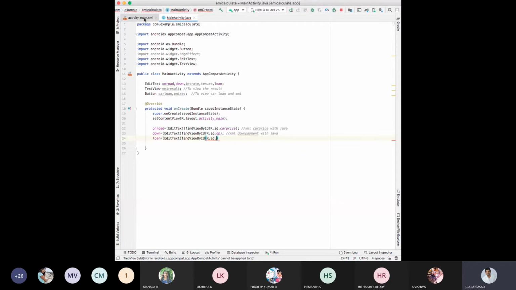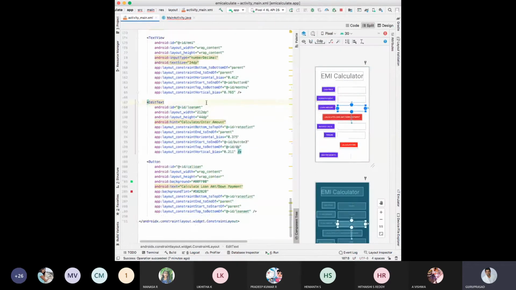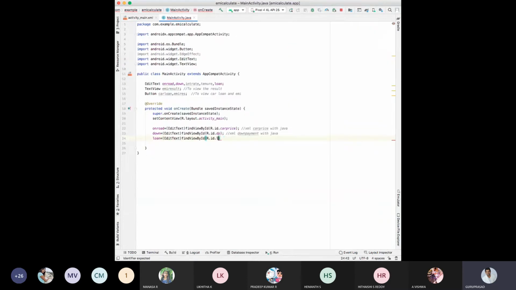What is the ID of loan amount? Loan amount. So I am integrating this XML loan amount with Java. Next, loan amount over.